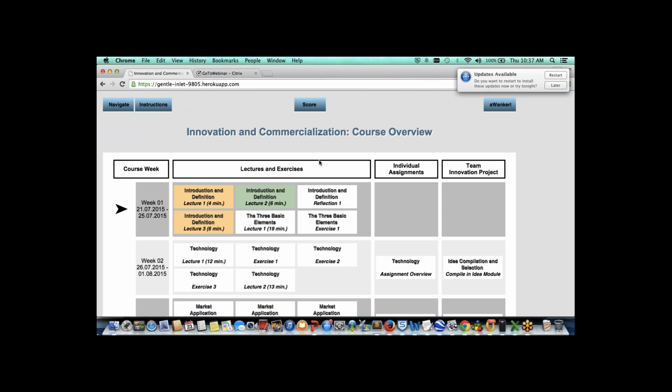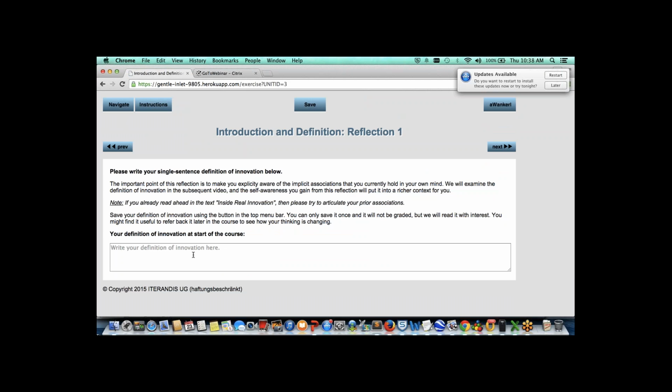So now let's continue with the navigation. So let's go to the next unit. So there is something called a reflection. That's actually the only one here, in which you actually record, we ask you to think about something, in this case a definition of innovation, that there is a pedagogical reason for this. We want you to make this explicit, what you're thinking now, so that when we start to actually go through the definition and start to build up the real innovation model, that you actually have a record